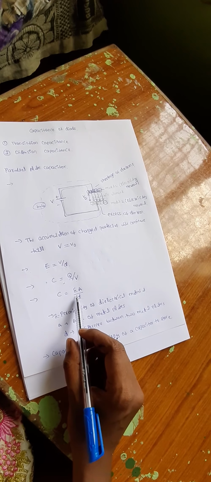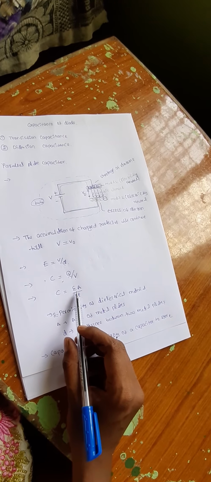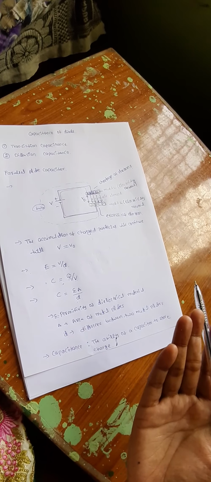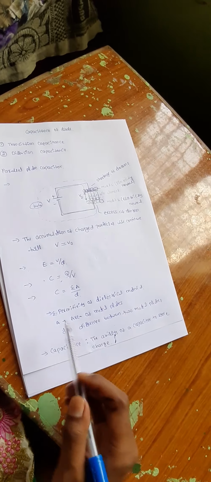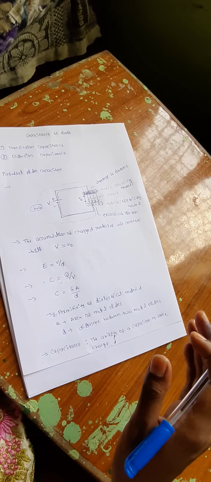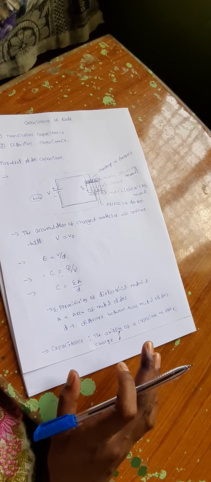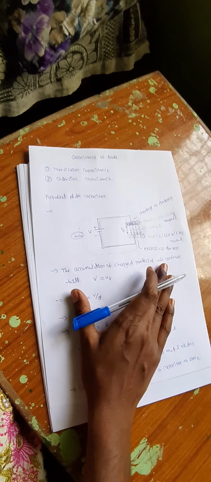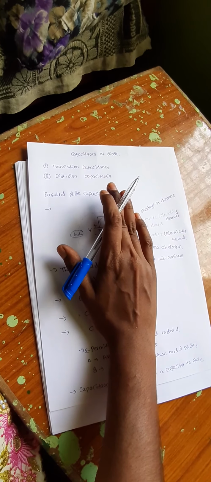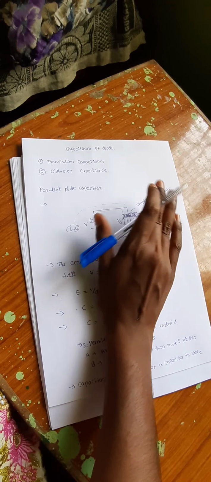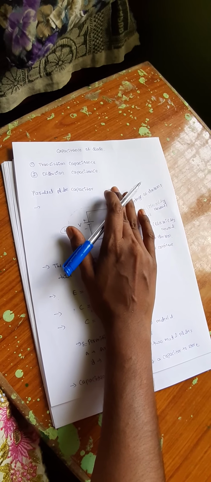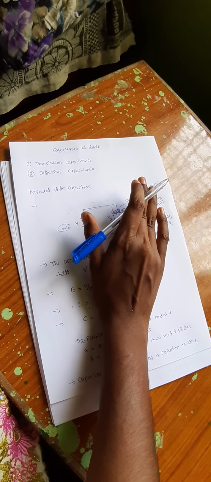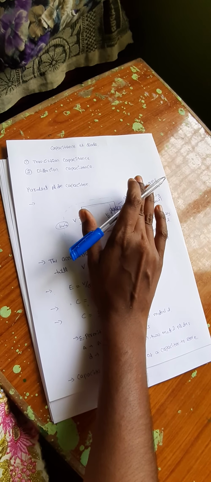Those are the permittivity of the dielectric material, the area of the metal plates, and D, the distance between these two metal plates. So the capacitance is the ability of a capacitor to store charge. As this capacitance is clear to you, now we compare this PN junction diode with a parallel plate capacitor. Then how will this diode act as a capacitor, and how will it store the energy, becoming the transition capacitance or the diffusion capacitance.